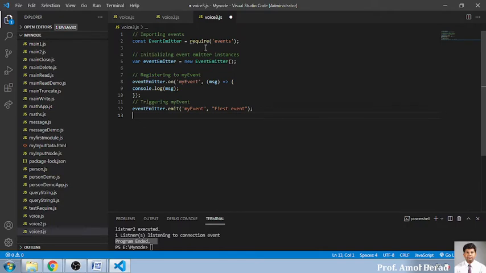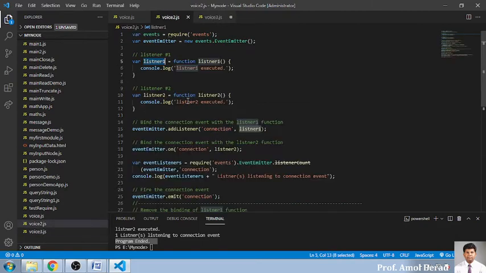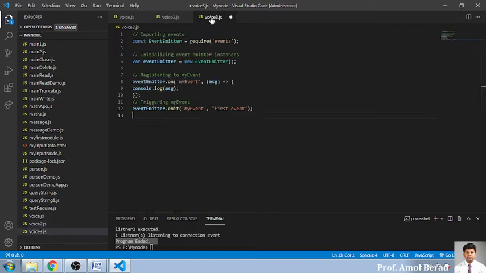Whenever we are working with any type of function, we can also write a function immediately. My intention is very simple: in the previous example we wrote this on function, and listener 2 was a separate function. Rather than inheriting that functionality with a name, you can create a function in the on function by giving an event name like my event, but writing the function in another style, that is, an arrow function.